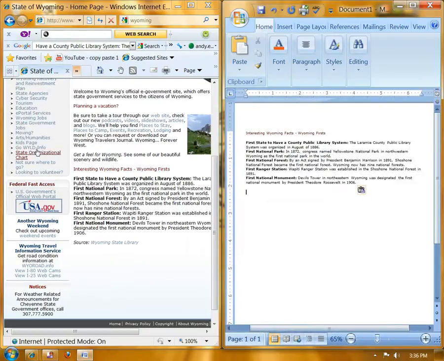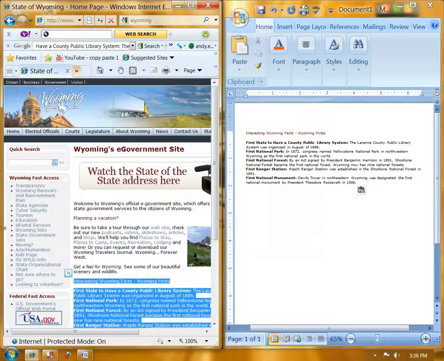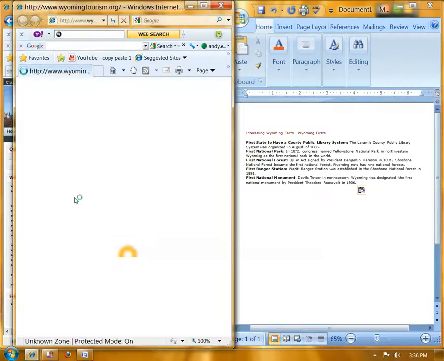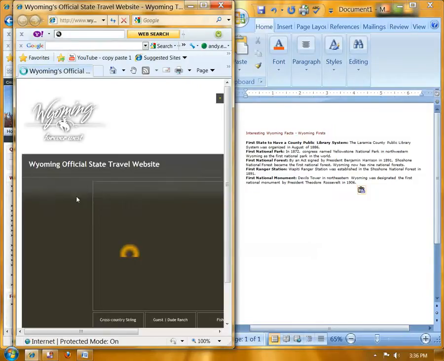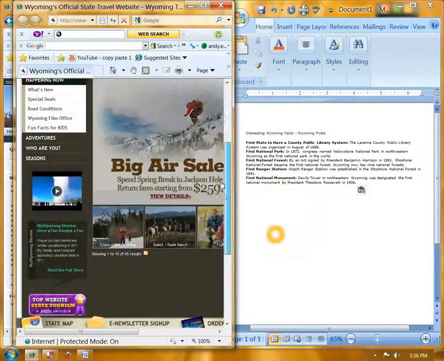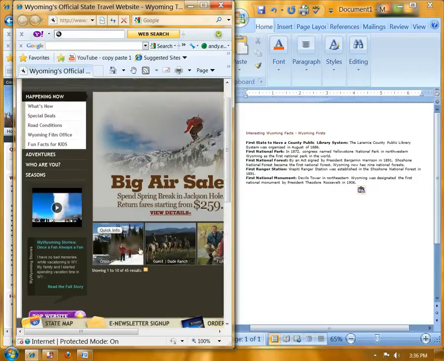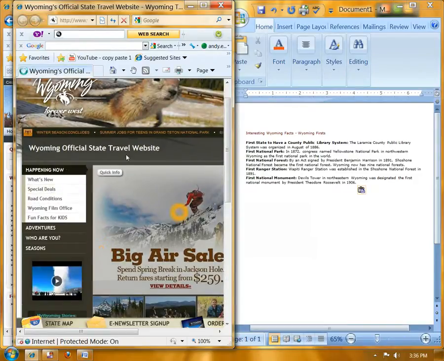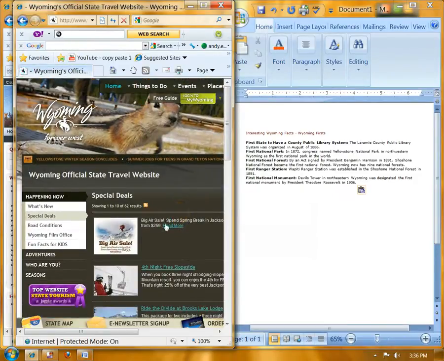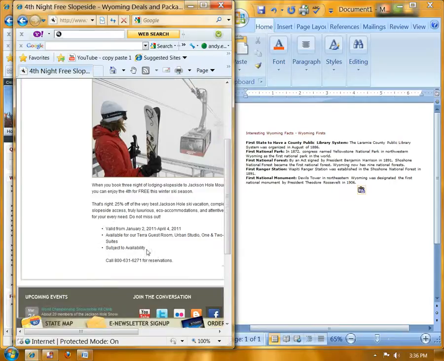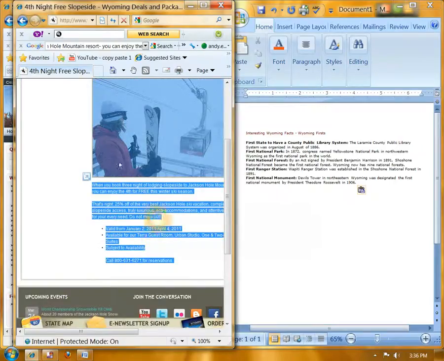If I then want to go find another page in my browser, I can find some more information from this other page. And then I could copy that information. Here we go. I can copy this information easily enough